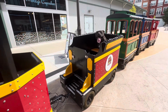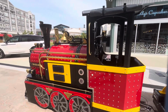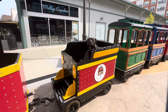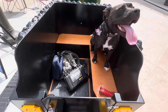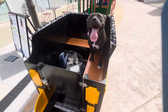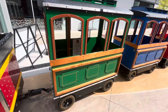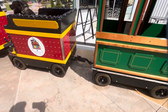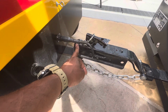The first cart is the coal cart, I do believe, if I make the names wrong. So this is the engine or the front of the train. And then you have the coal cart, which also doubles as a seating area. You can get about 4 people in there comfortably. Then you come to the next cart, which I'll show this side of it first. The green cart. And how these are held together, you have a coupler here, just like a regular